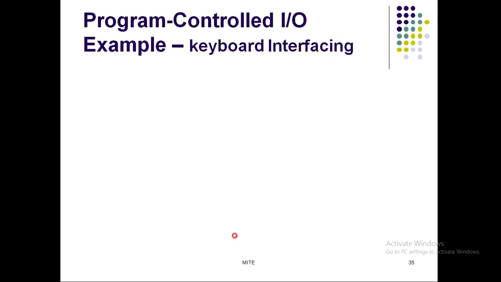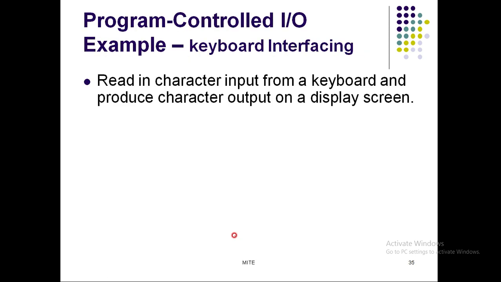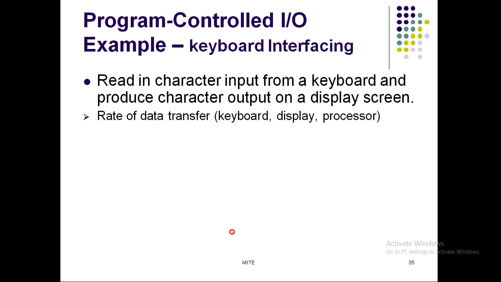Next comes program controlled IO. Here, in order to understand program controlled IO, we'll take an example of a processor along with a display unit. In program controlled IO, as the name itself tells you, all the operations are controlled by the program. That means it is controlled by the processor. So the processor takes care of all the operations: it checks the device statuses, accesses the device, and then performs its operations. Okay friends, this is very important.